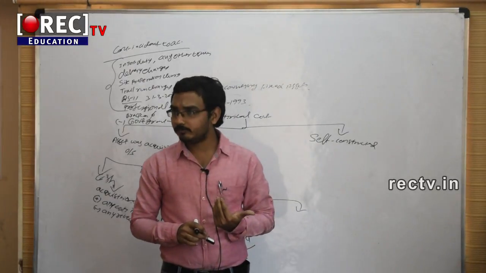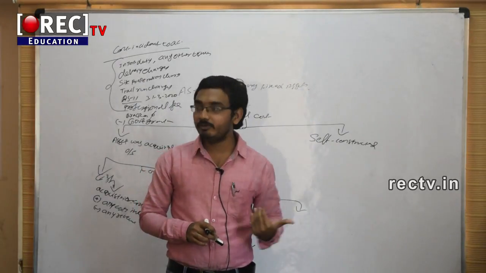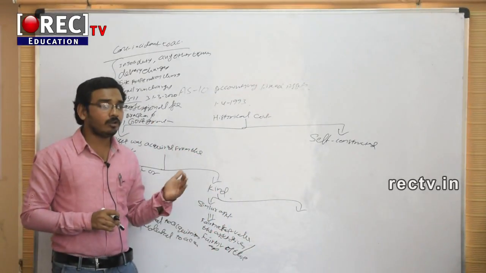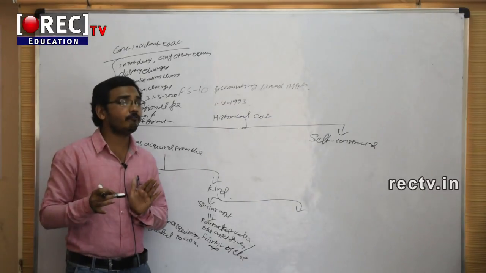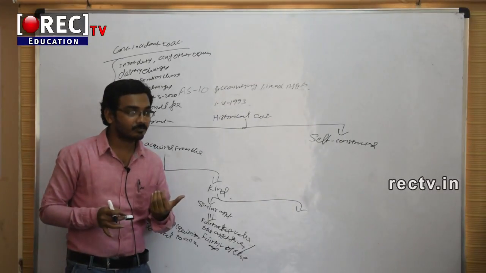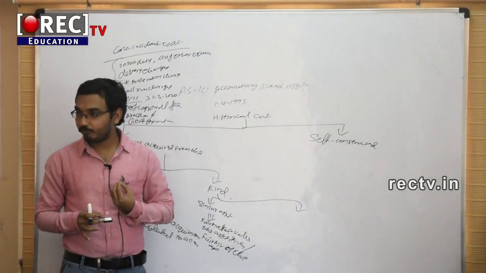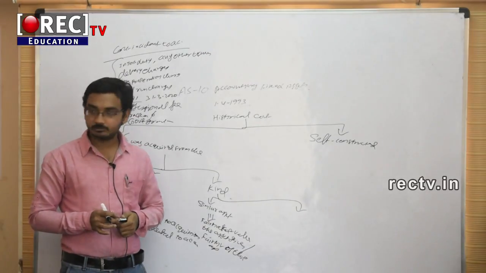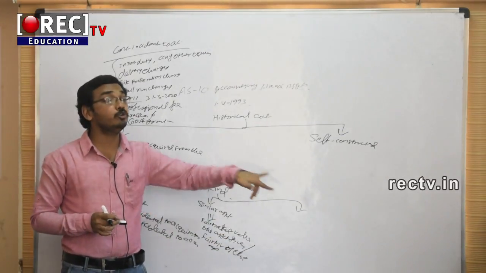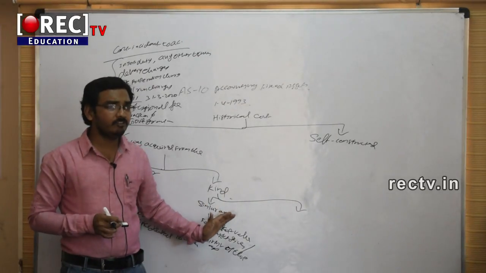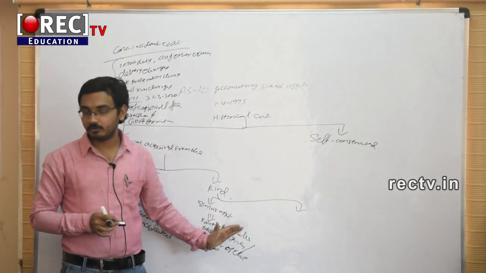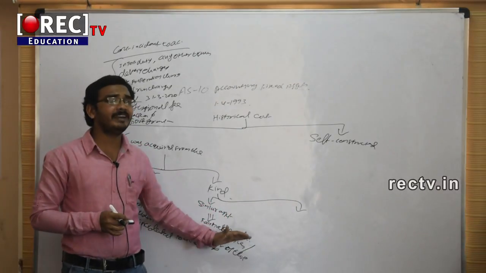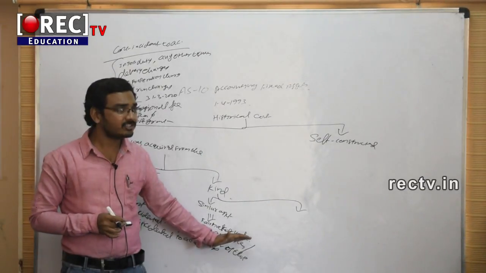Then which one should be followed? Which has to be accounted for? At which value do we have to account for? 10,000. Are you getting it? In most cases, you may have the fair market value of the acquired asset, right? If you are getting a new product, you will have the proper market value of the new product. For the old product, it's difficult to get the fair market value. If it's difficult to ascertain the fair market value, then whichever is most evident should be taken as the asset